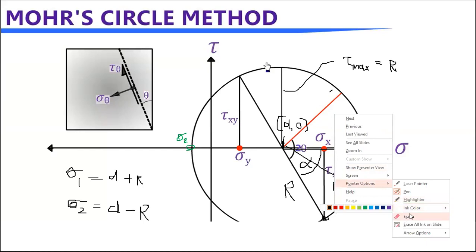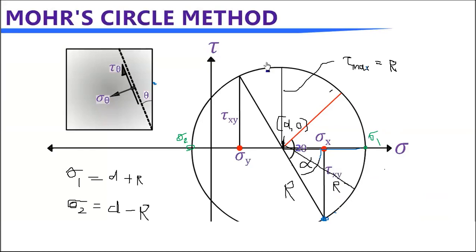Please pay attention, right? You are now on this point. So that means you are on this plane. So you are going in clockwise direction to alpha. You find the principal plane, right? And similarly, you are going alpha from this one, right? Because these two are similar, right? Sorry, alpha, and you find the minimum principal stress, right? So from this one you go alpha in clockwise direction, so that you have to go alpha by 2 in the